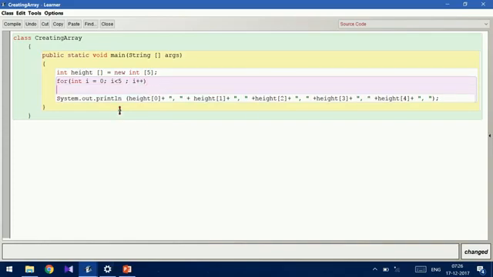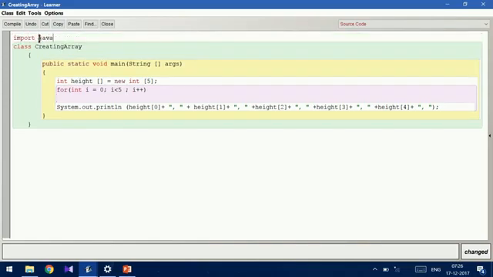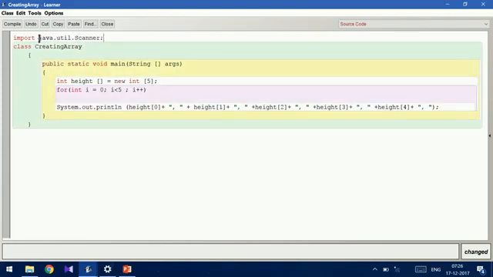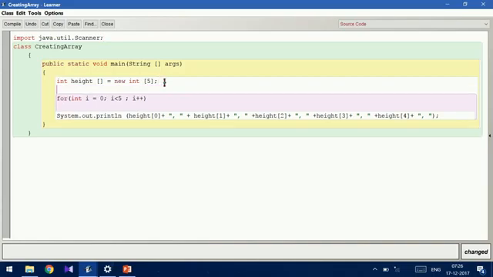Now I am going to take input for this from the user. So I will have here import java.util.Scanner. I will create an object for that: Scanner obj is equal to new Scanner of System.in.